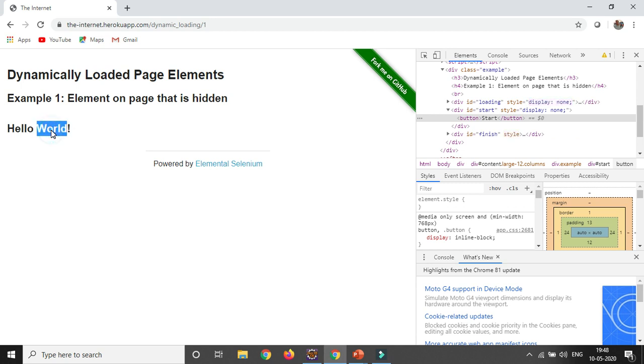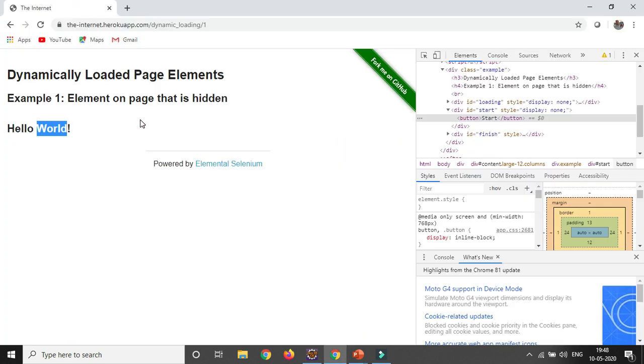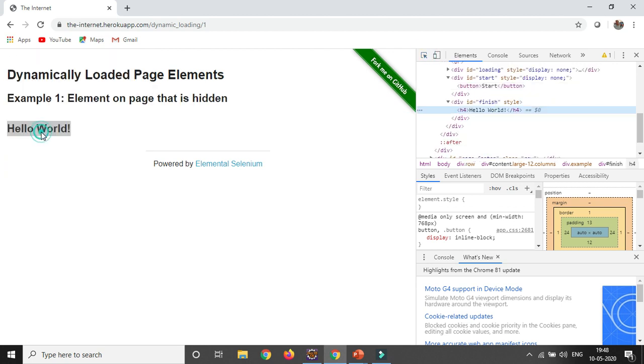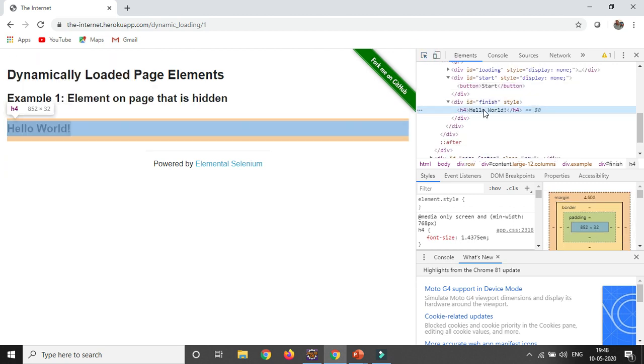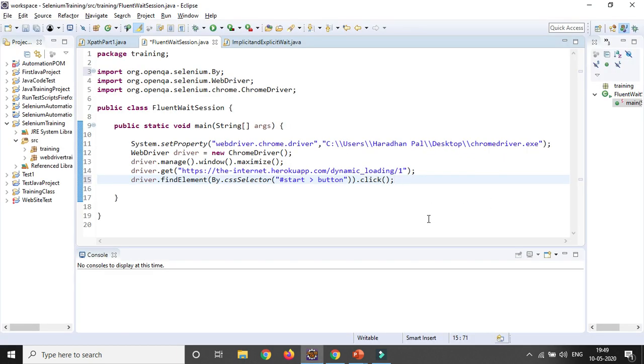Okay, hello text. Before that, I need to identify the Hello World text. Suppose you inspect the element again, and you can get it through the CSS selector. Copy CSS selector. Here you need to create a WebElement object. Suppose here I am giving it as helloWorldText,